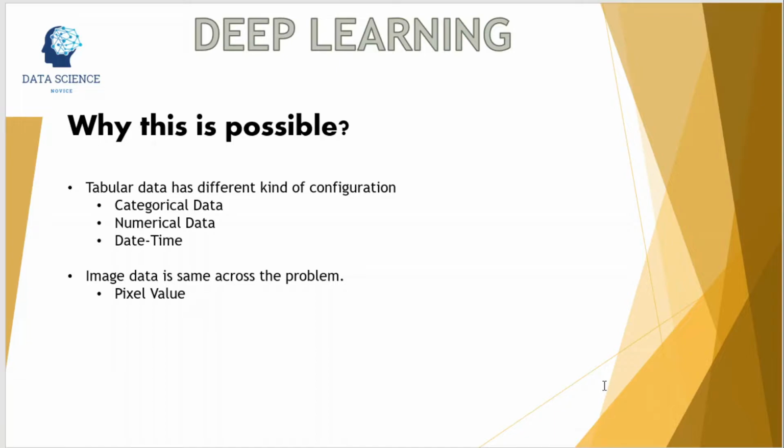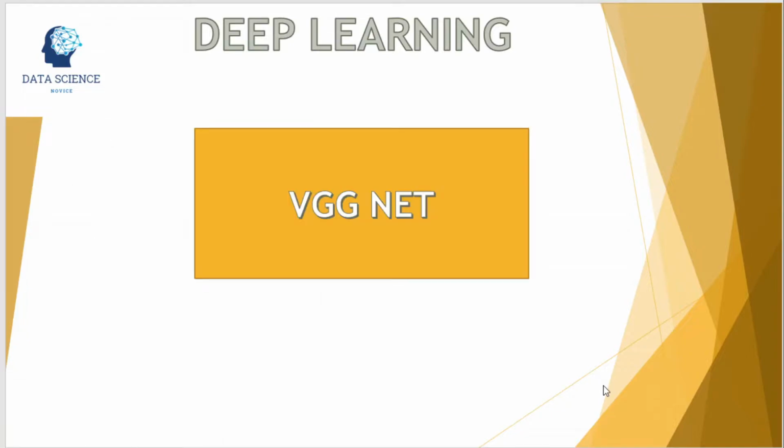So that's all from my side on transfer learning. I would suggest you read some papers because now you have a good idea about what transfer learning is. Next, we are going to talk about the VGG network. But before that, we should be aware of the ImageNet challenge, because the VGG network won that and came into light.